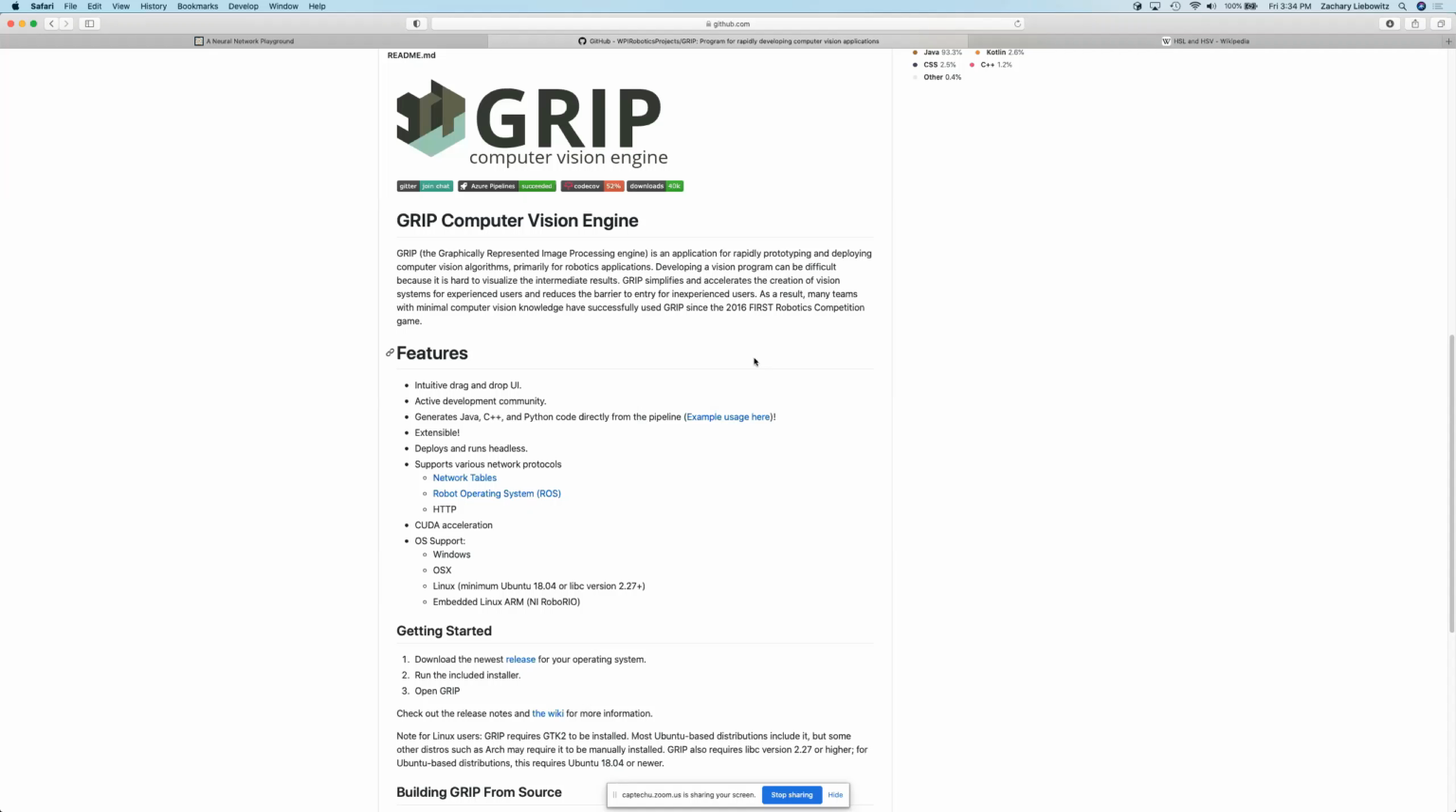So GRIP here, which I have the homepage here for, you can find it by Googling GitHub FRC. GRIP is a tool for doing more conventional computer vision. And as far as FRC, that's First Robotics Competition. FIRST Inspires is a national nonprofit, or actually international nonprofit,